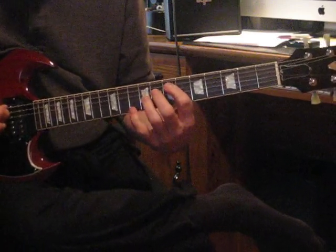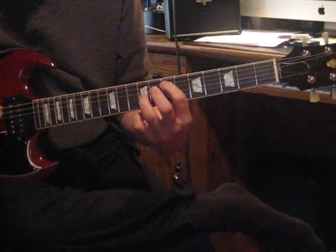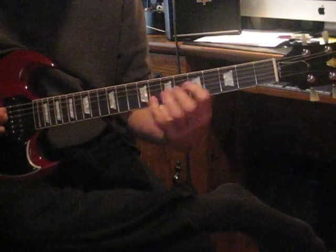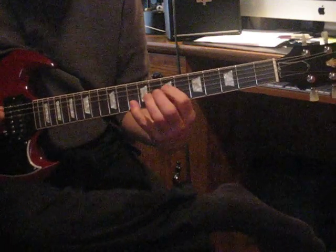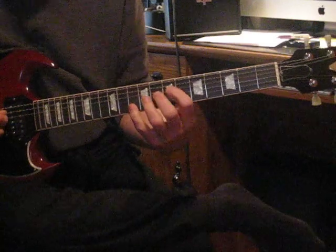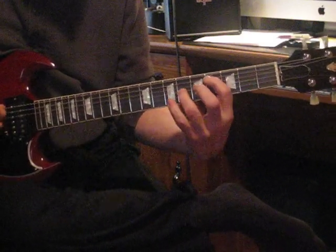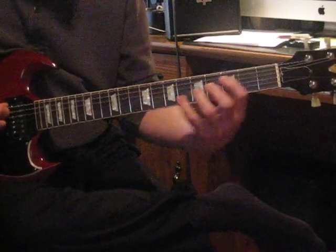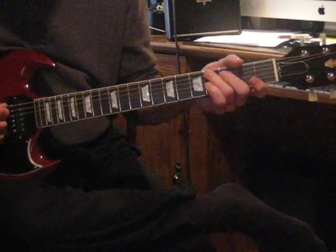Second part starts with an E on the 5th and 3rd strings, and then up to the 4th and 2nd strings for a G, B, and A. And then you're right back where you started. And at the end he slides it up. And then he starts into the